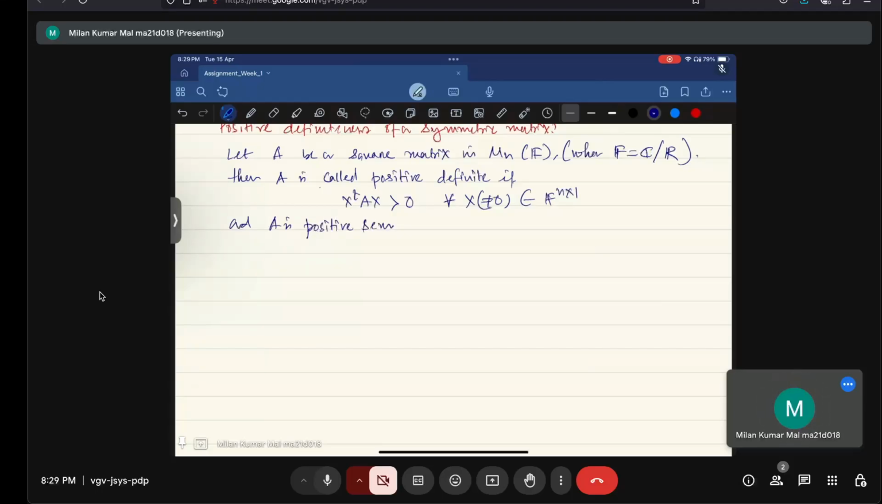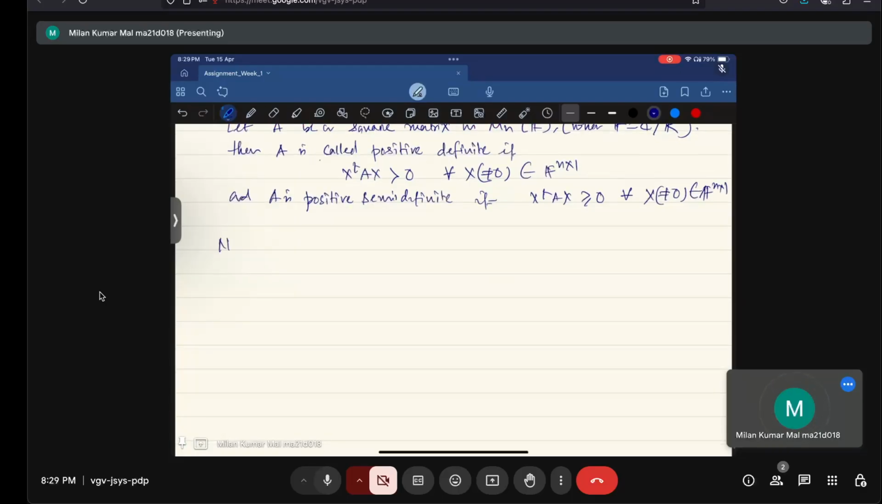And A is positive semi-definite if X transpose AX is greater than or equal to 0 for all X not equal to 0 in Fn cross 1. So this is now: if A belongs to Mn over the reals, be a symmetric matrix,